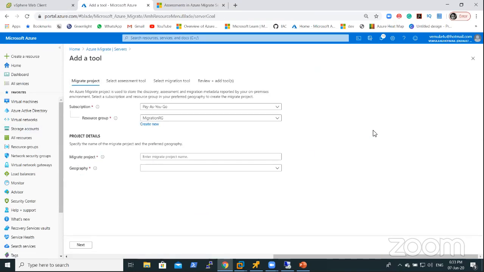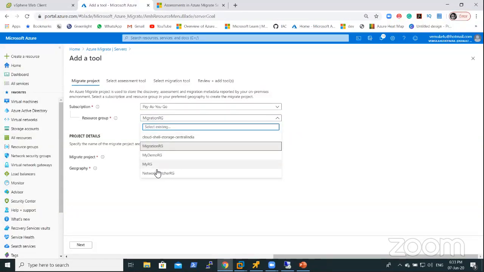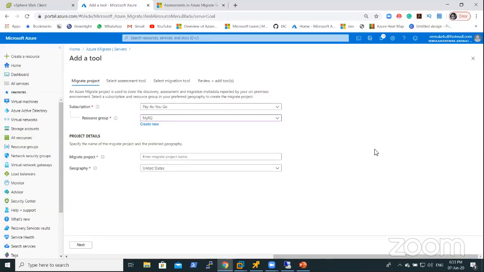Like any resource that you create on Azure, it will ask a few default questions, right? So of course, the subscription for billing, the resource group where you want to put this particular project, and the project name itself. I'll name it demo migration project,